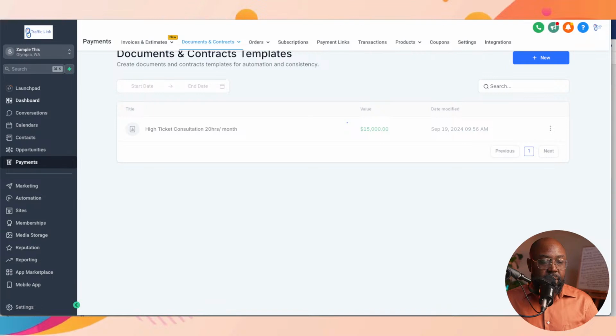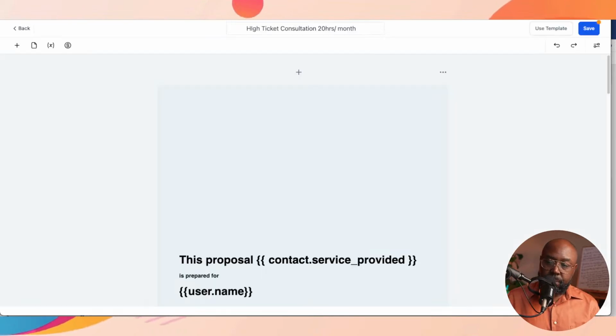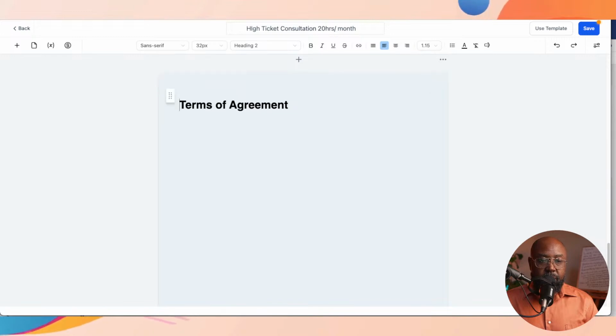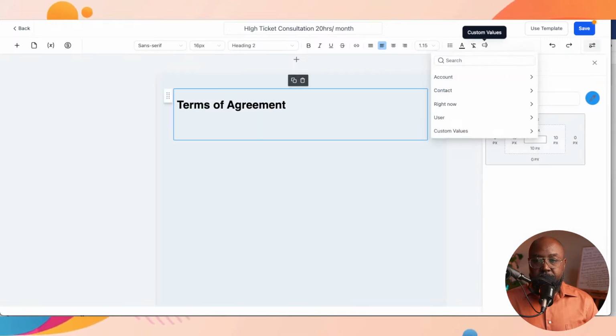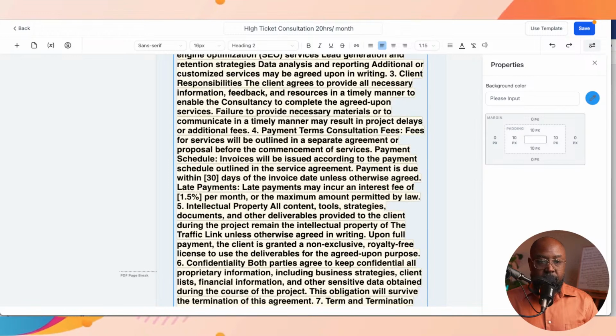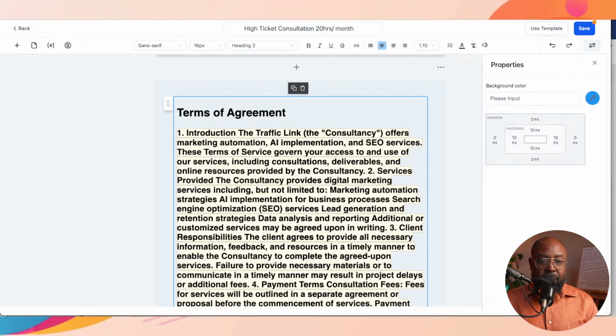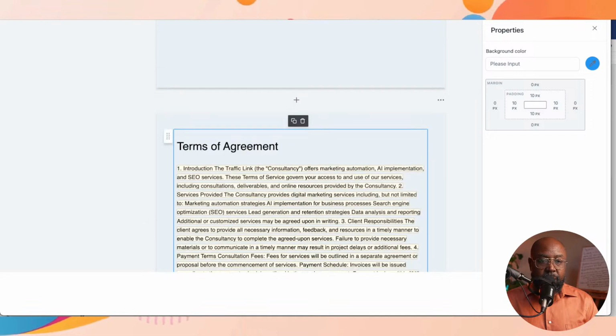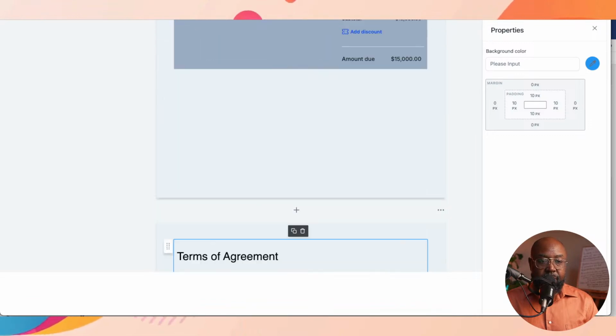So let's go back into the template, and then we're going to drop in the terms of service. Okay, so terms of agreement, let's go back here, and then we're going to pull in that custom value. So go to custom values, terms of service, and this is what I mean. See, it doesn't retain the formatting. We're going to change this from a heading to a paragraph,